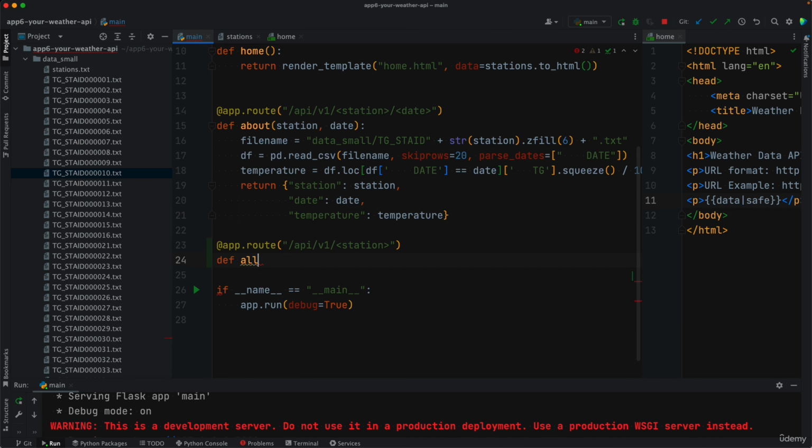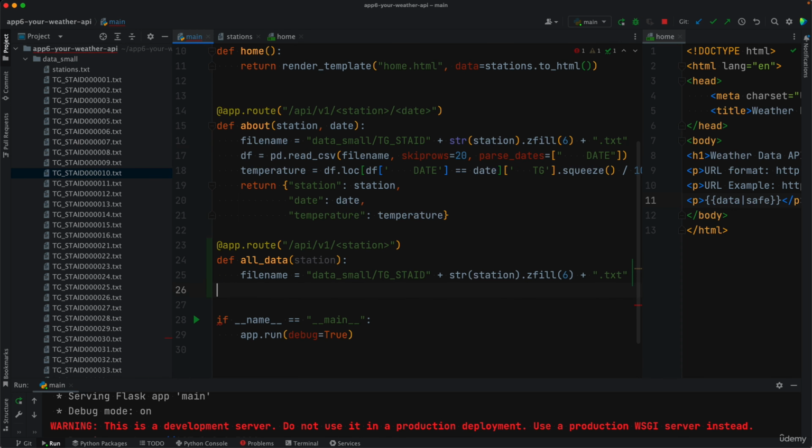Define, let's call this function all data. The function name should be different from the other functions, so be aware of that. And station is the variable name. It doesn't matter if this is the same variable name as that, because these are local variables, so this has a scope only inside this function, and this will have a scope inside this function. So the user enters the station in here, we get the station in this variable, and then we